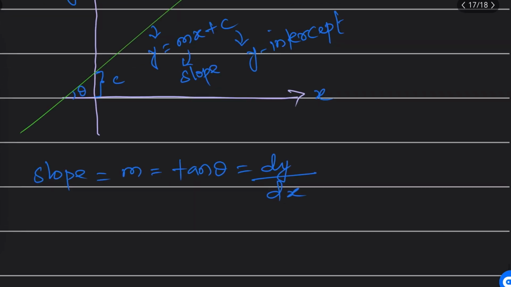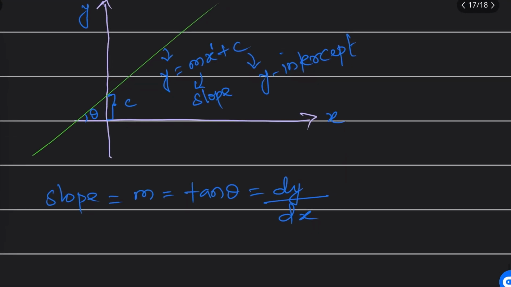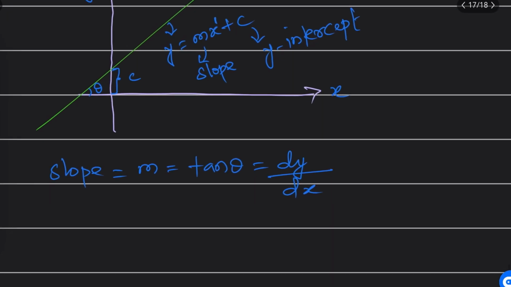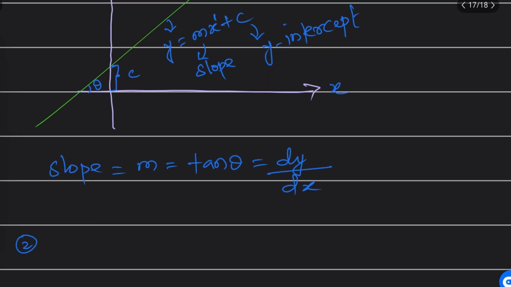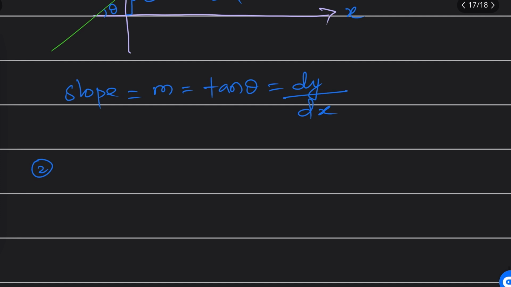Here the power of x is how much, sir? It's 1, right? If it is power 2, then you can't say it is a straight line, it will be a parabola, right? I'll discuss parabola also, but now I'm discussing the straight line. You should keep another form in mind, which is important: intercept form, the second form. Don't write 2.1, that is not important much. What is that? Let me discuss, sir.